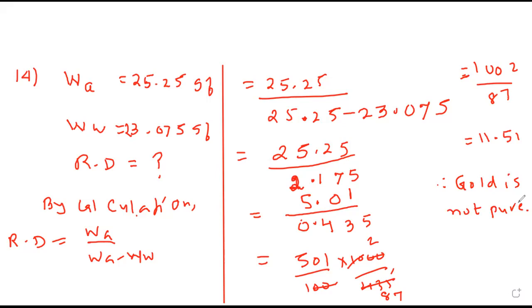Sir, what if we divide directly 25.25 upon 2.175? The same answer will come, even if you do. Sir, from that I am getting this. The same happened with me in the previous one, where you mistakenly wrote 1 instead of 2, and I got 21.789. Then after you showed the ending, I got 21.3. Yes, 25.25 divided by 2 point, we are getting that much. Correct. You are not going to hide the answer, right? Okay now.